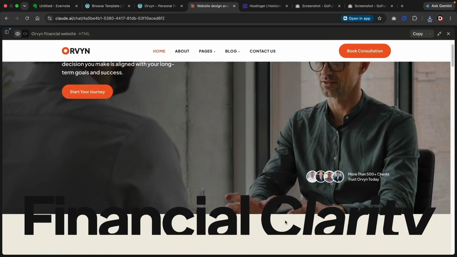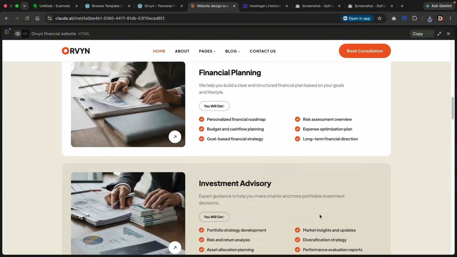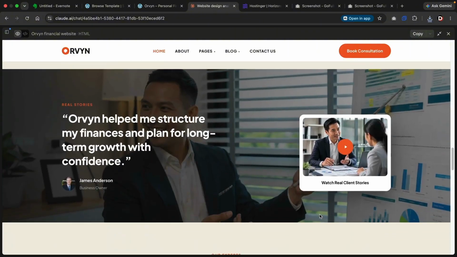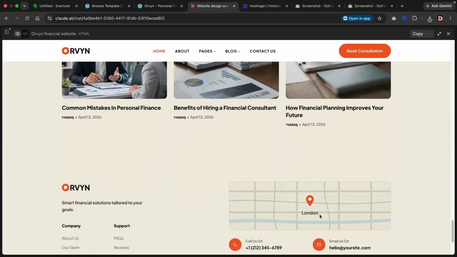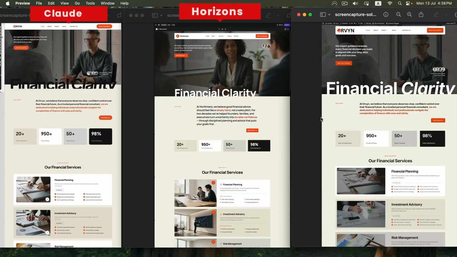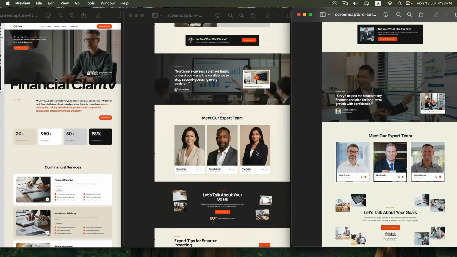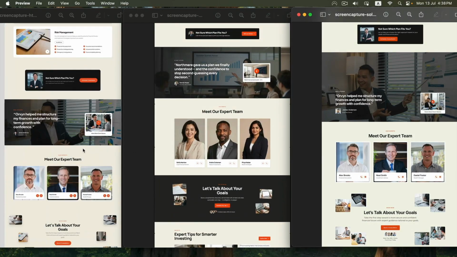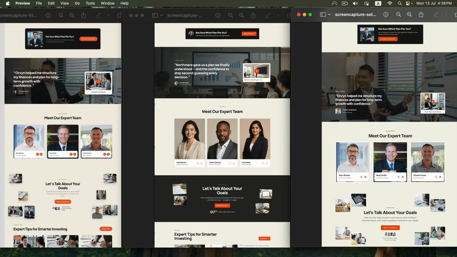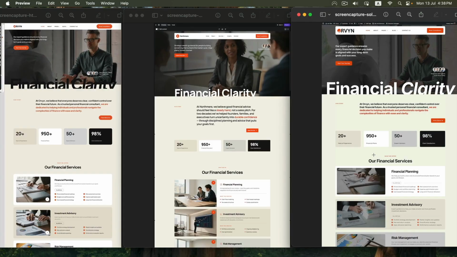It did change this color of the text. I'm not sure why it did that, but it went ahead and it uploaded these images here, and yeah, it looks good. So here is a side-by-side comparison of all 3 websites. So this is the original. This one in the middle is made by Horizons, and on the left is made with Claude. And as you can tell, they are really similar when you compare and contrast them together. So we can see here that there's very small subtle differences, but overall you can see that it cloned the website pretty well. And I would say this method, like I mentioned before, it's about 80% accurate from cloning